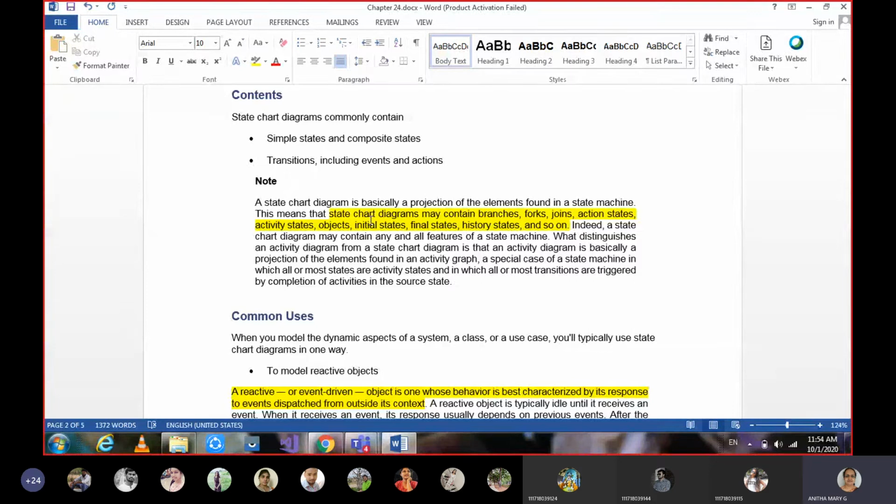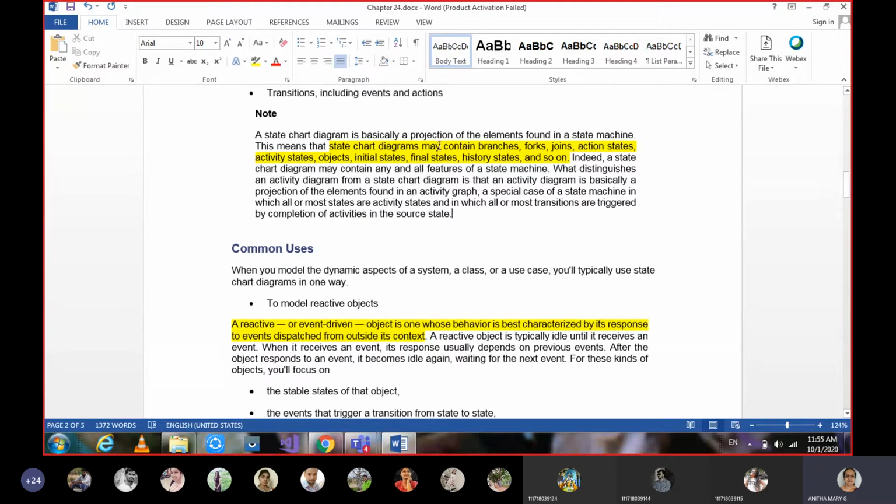But what's the difference? There the flow control is among the activities, but here the flow control is among the states of a state machine. And here we talk about a state chart diagram only with respect to a single object. In the life cycle of a particular object, what are all the different states it undergoes? That is what we show in the state chart diagram. That is the main difference. Other things are the same: the states and the control you are transferring, which we call transitions, whether branching or forking, or action and activity states, initial and final states.